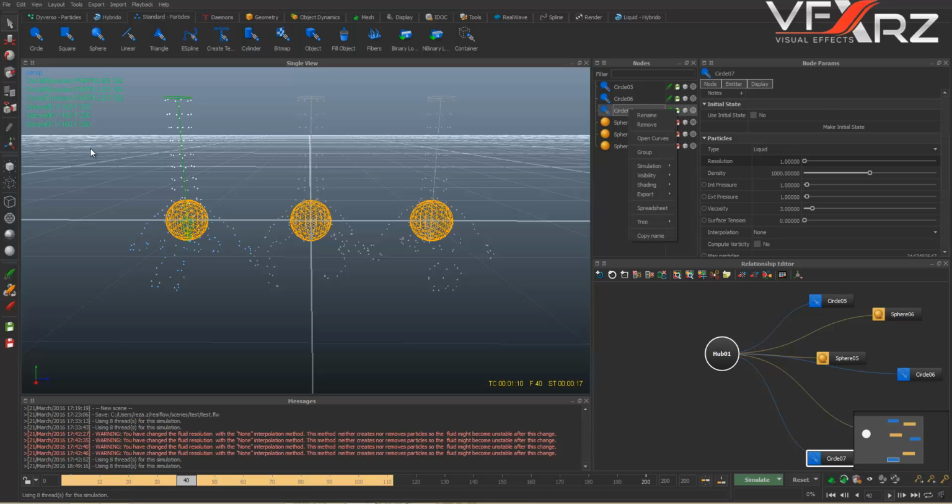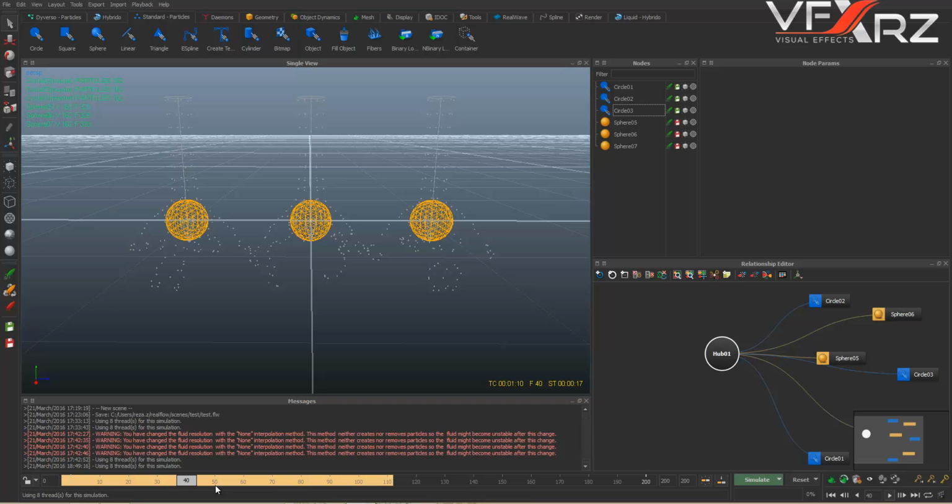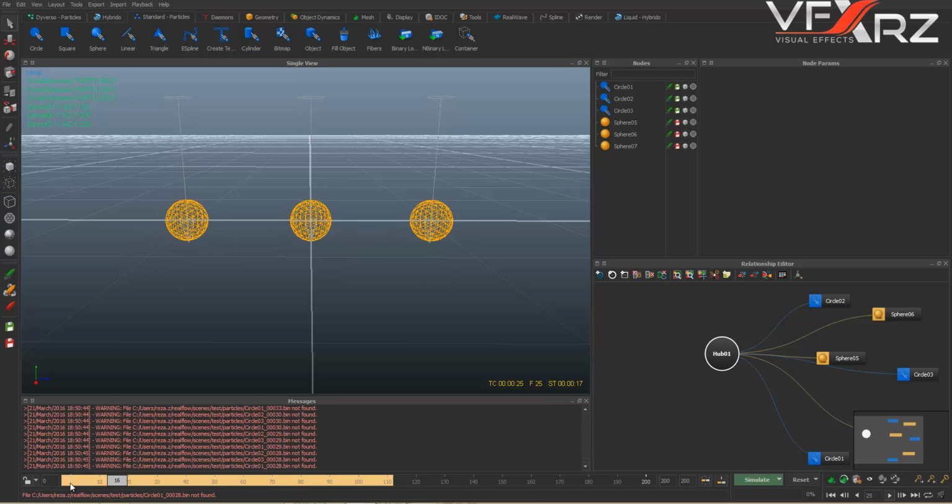now I want to change the names, for example of this circle. Change name, circle, for example 01, and rename it to 02, rename it to 03. Very good. Okay,